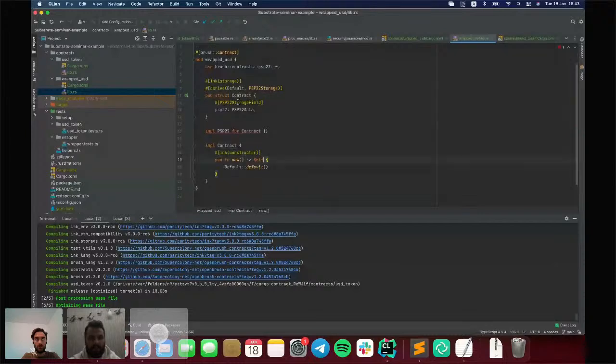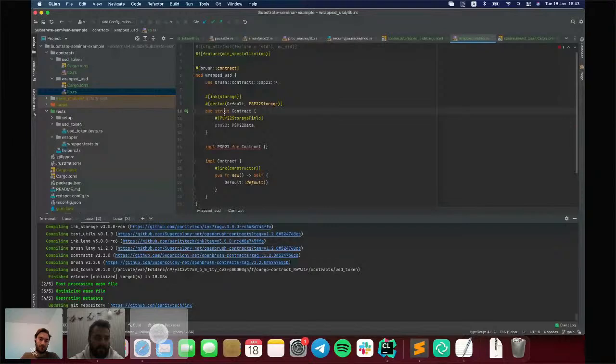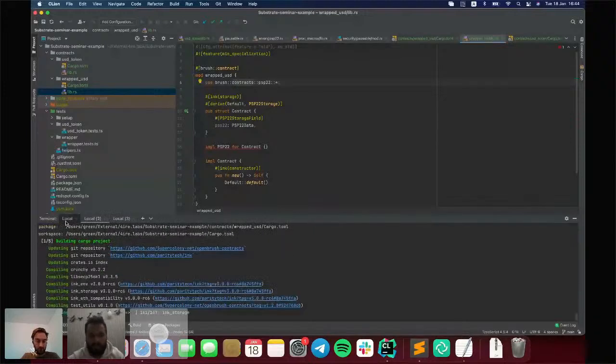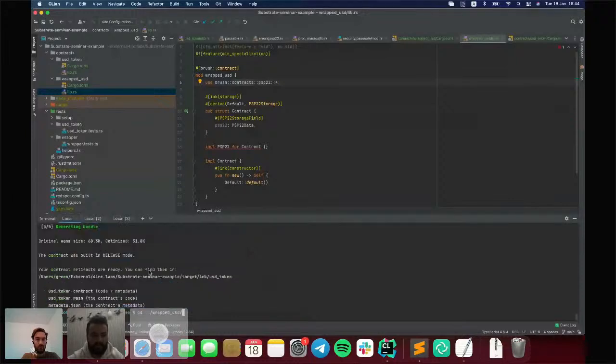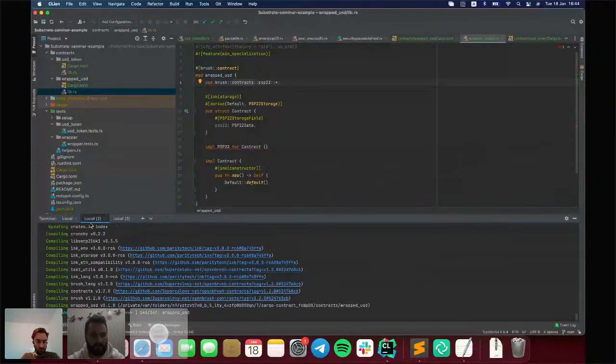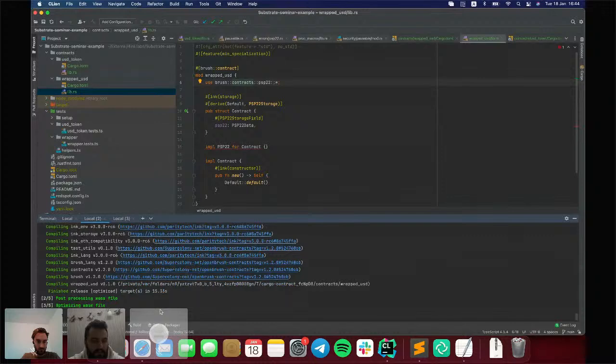We already copied that code from here, so the default implementation for PSP22 should be enabled. Let's try to build it, wrapped USD. Let's wait for tests. And after that we will continue with wrapped USD and the logic for that contract.